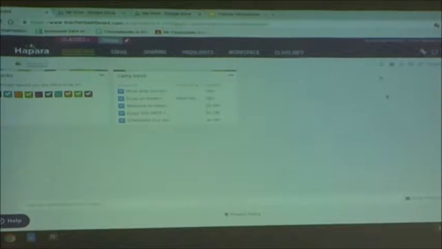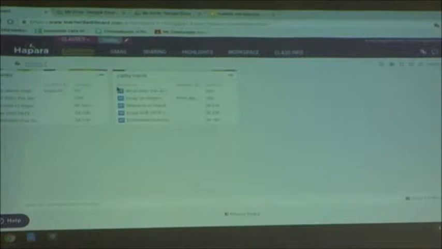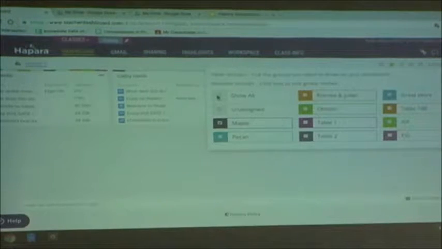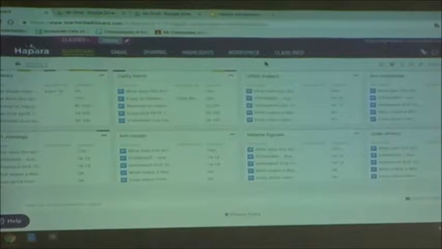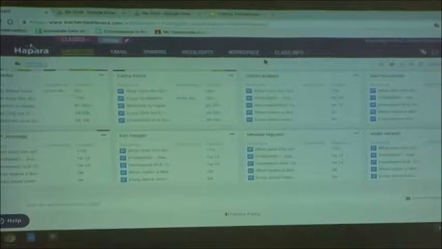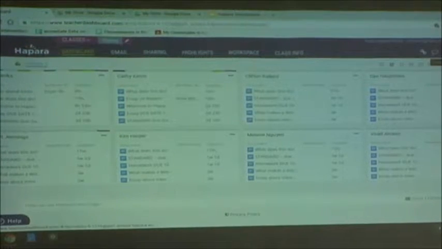And then I just see, you hit the X to get out of the groups there. So then if I were grading their maple tree projects, I would just see that information. If you want to go back to seeing everybody, you go back up to your groups and click Show All. So it can sort or narrow down the information that you see, or you can share out information based on those groups. And to share information in Dashboard, we have Smart Share, which is at the top right,